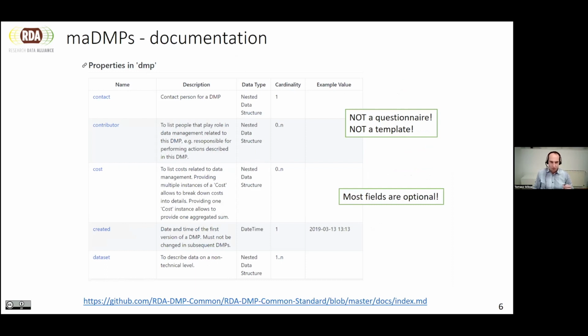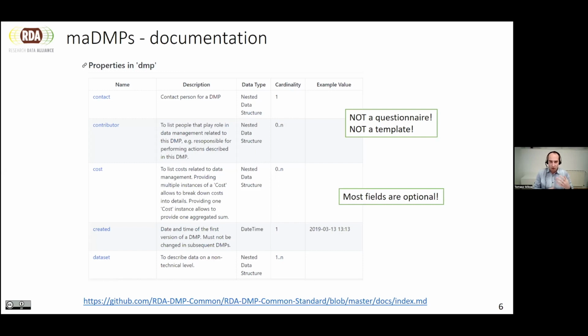This is a common set of information, and it's not a questionnaire. So we didn't come up with yet another template different from NSF or Science Europe or Horizon or NIH. So we're not going to ask questions differently. We are focusing on how to model the information in such a way that machines can also understand it, and in such a way that the information can be rendered to people.